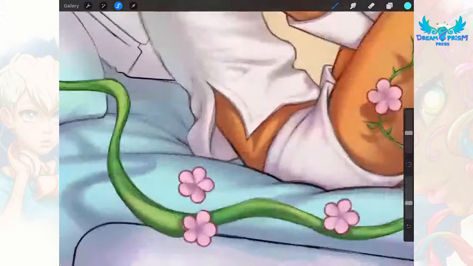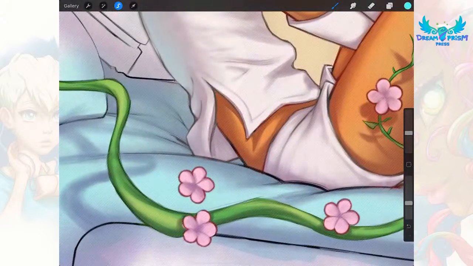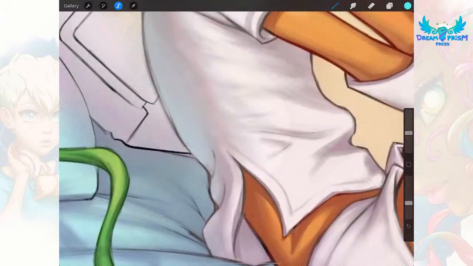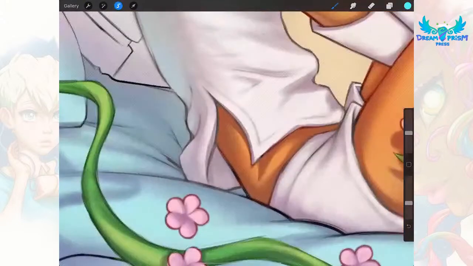And as I said, I'm exaggerating it a little bit. I mean, this kind of looks like she's over a pool of water, but it's cool looking, as long as it doesn't go too far,